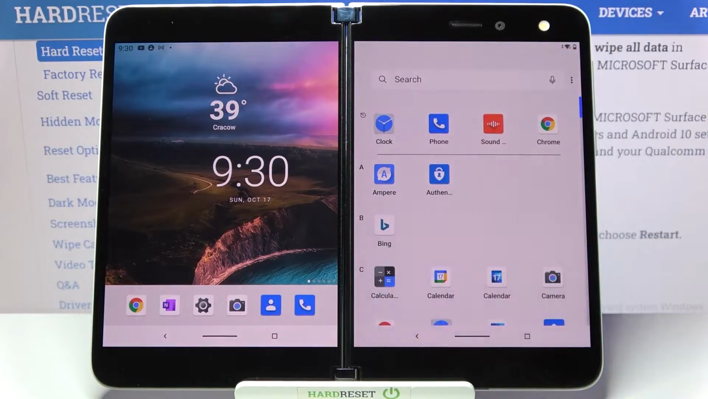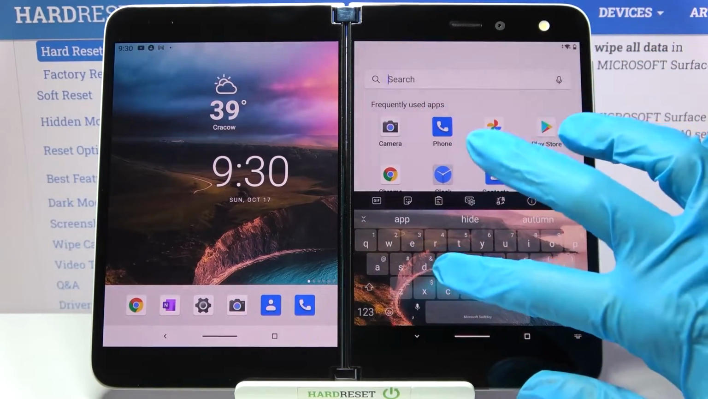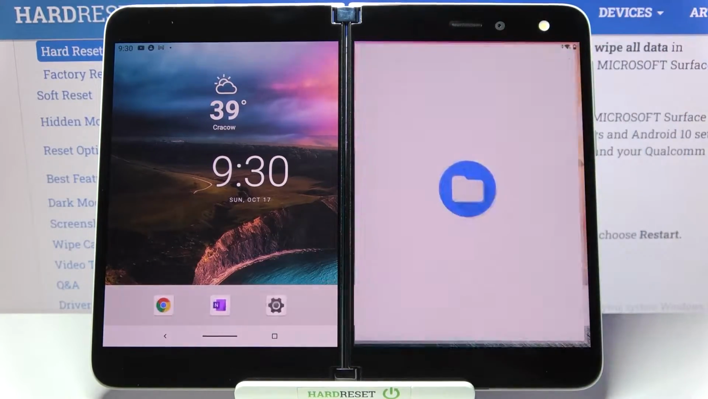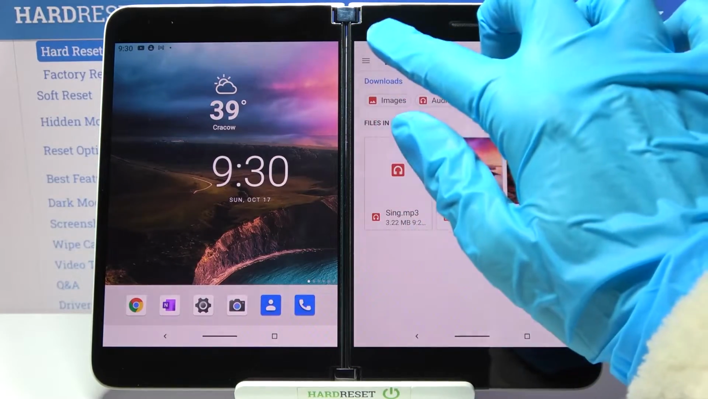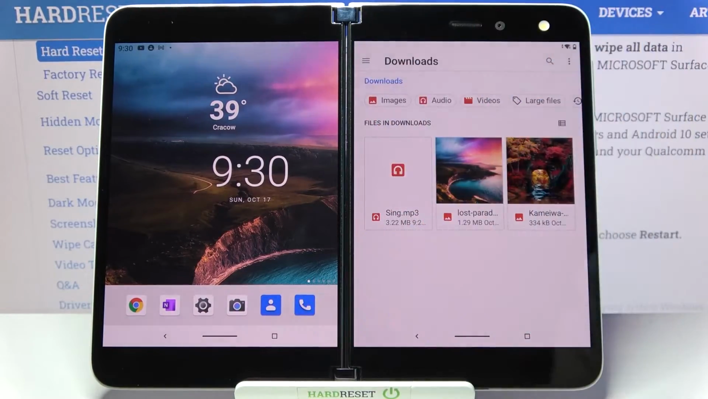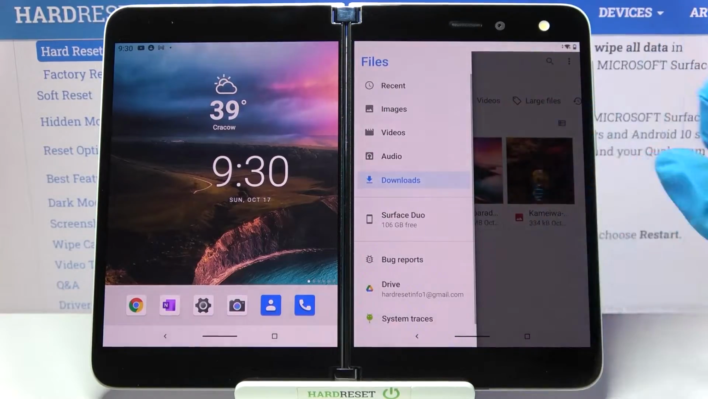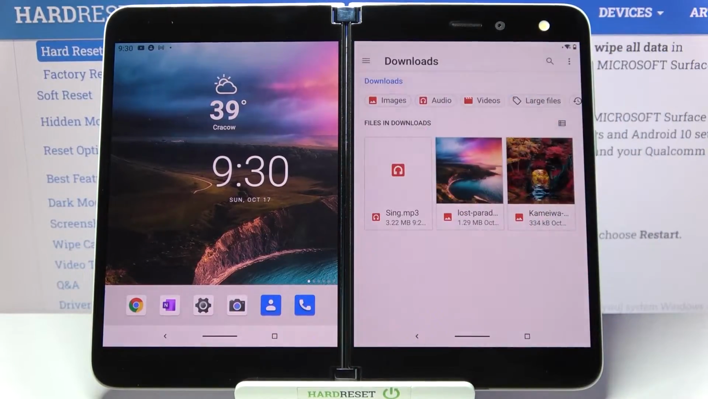First of all, you need to access the menu, then find an app called Files and click on it. Now click on those three lines at the top left corner of this screen and select Downloads by clicking on it. As you can see, all my downloaded files are over here,